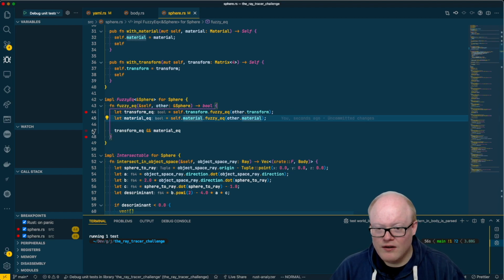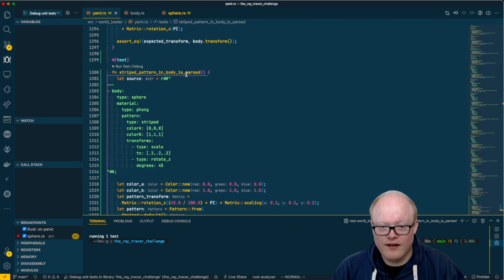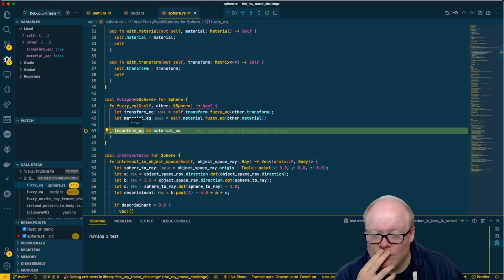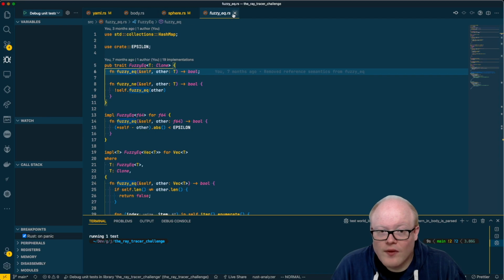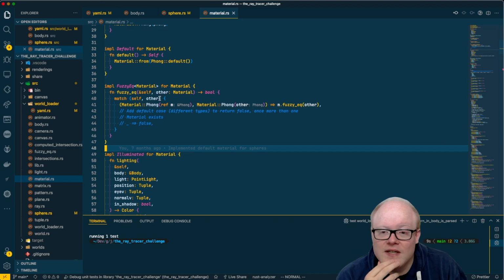And now, if I'm actually just removing this and putting a breakpoint there and running this one test again in debug mode, so let's see. I should actually be able to, okay, the transform equality is true, the material equality is false. We know that we need to go into the material and check the material fuzzy equality, what's actually happening there. So the material equality is here checking that the Phong material, yeah, okay, so it's matching based on Phong,